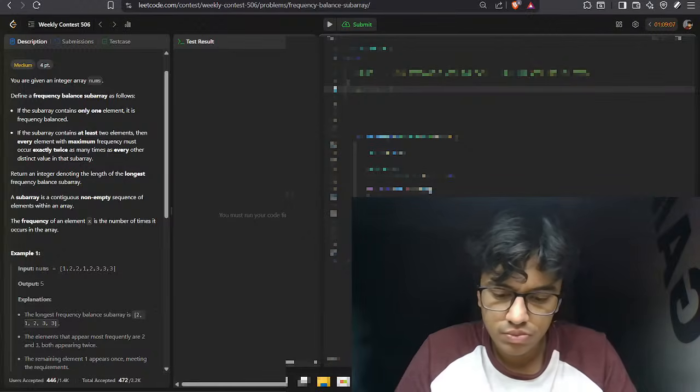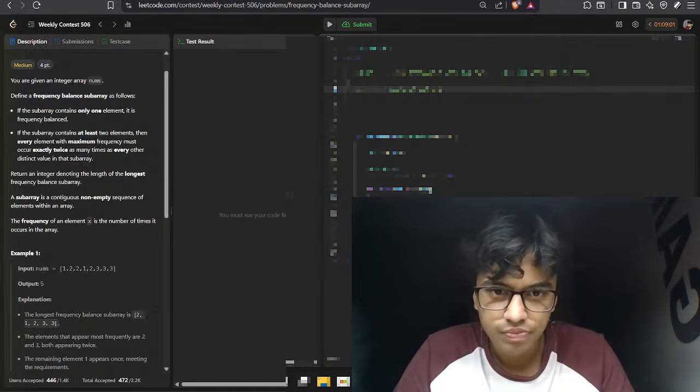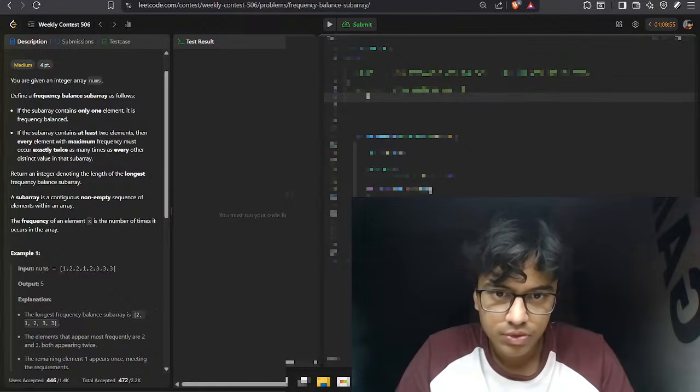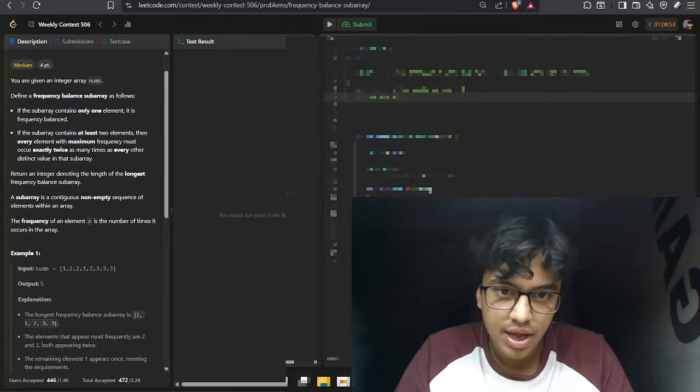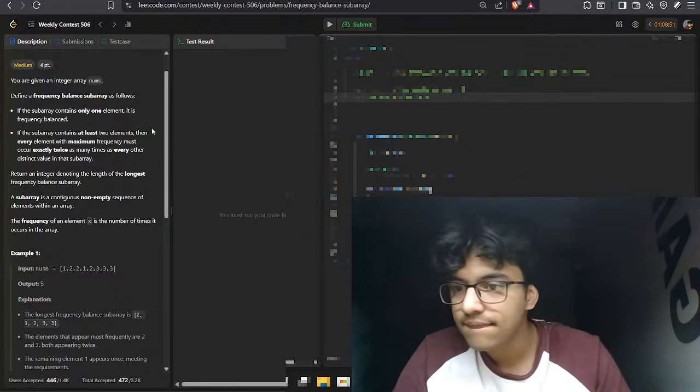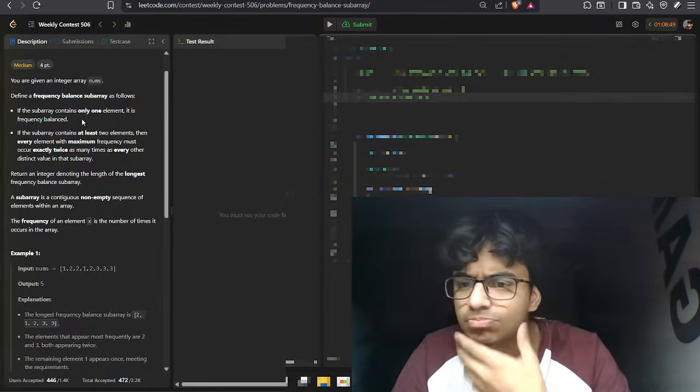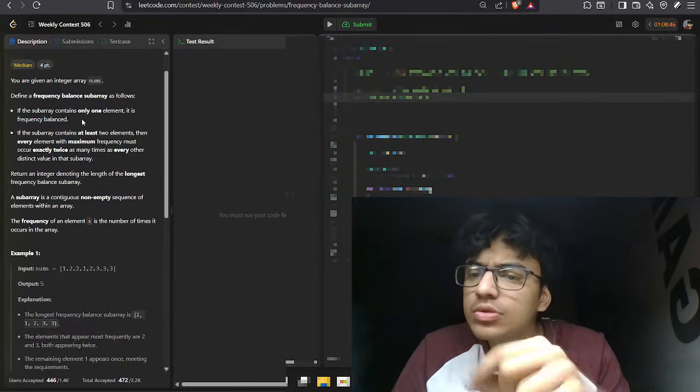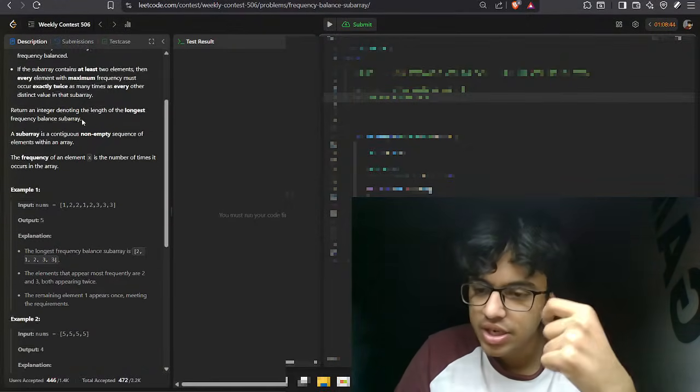Equals to other distinct value times 2. So the frequency can either be 1,